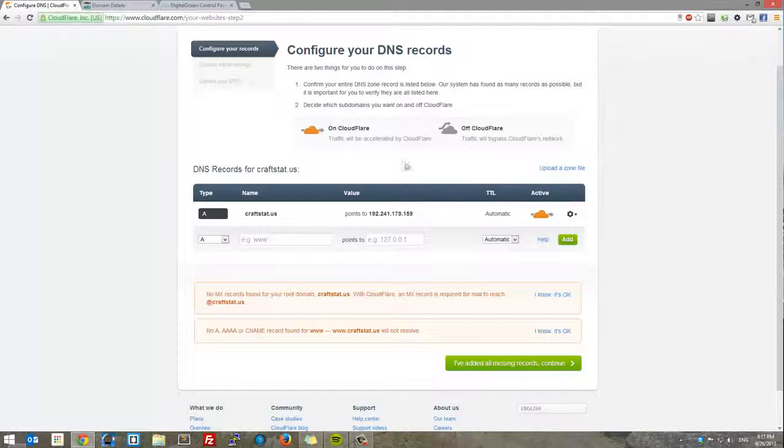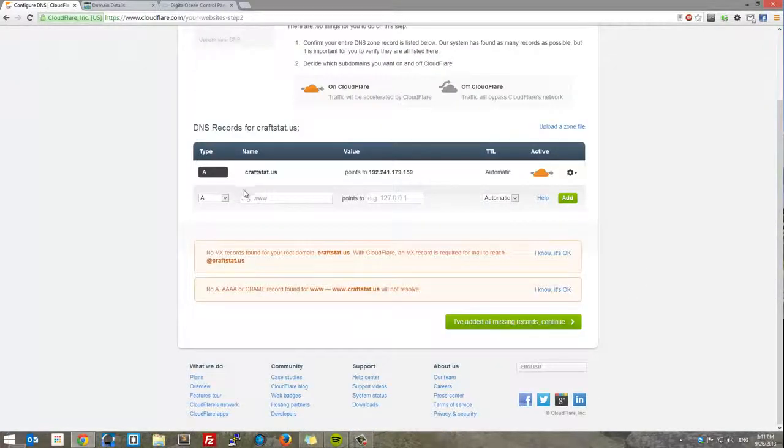I'll get there in a couple of seconds here. And if it's off, traffic will be bypassed. So if you're going to be hosting a TeamSpeak, Minecraft, or anything like that, you're going to want to make sure this is off, because you're never going to connect to your server. It's just a proven fact. Now, for an A record for your website, it's a very good idea to have that on,